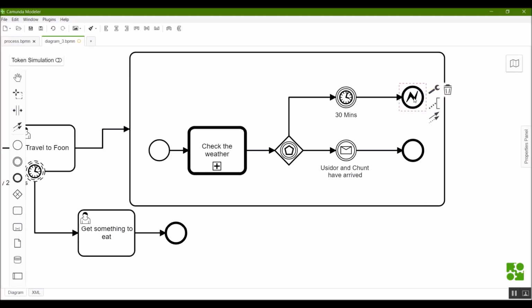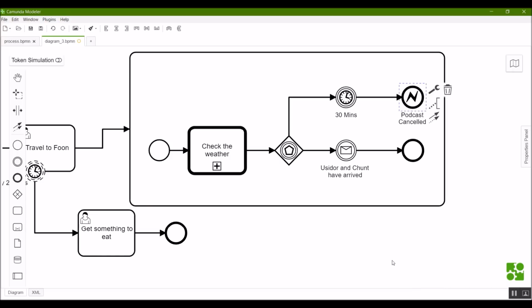So this is still an end event, but now when a token arrives, the token is consumed, but it also produces an error that will then propagate up to the next scope to see if it's caught. And this is going to be podcast cancelled.